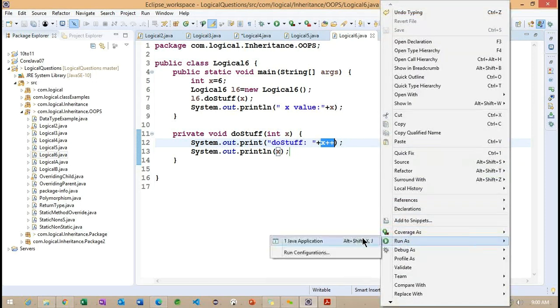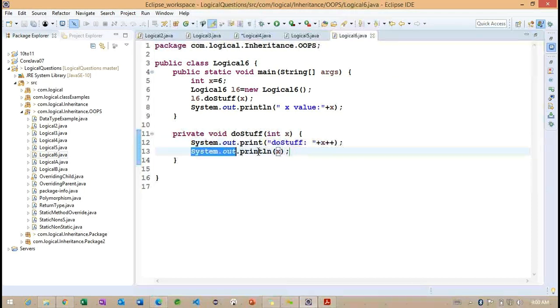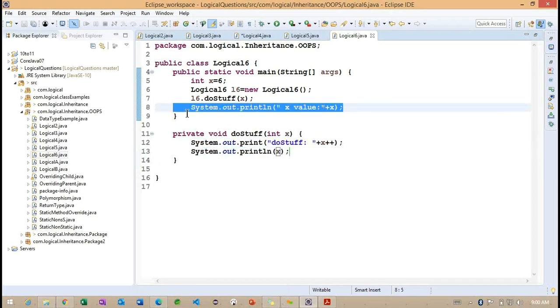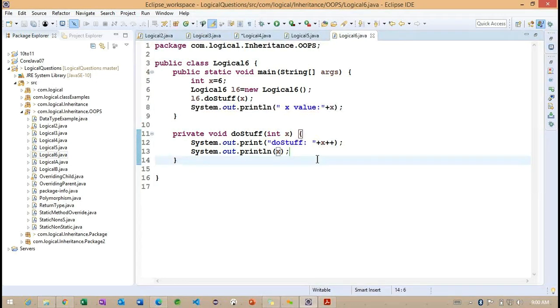Now you can understand: if I print on the next line, we get the affected value. In doStuff we have 6 here, and the 7 value we get from this particular print line. So it is not 6 and 7. This line is printing 6, this line is printing 7, and later the x value we get is 6 here. This is very important. Getting the point? We need to understand how we are passing this x value and how we are trying to change this value.